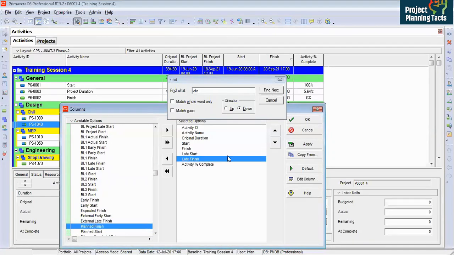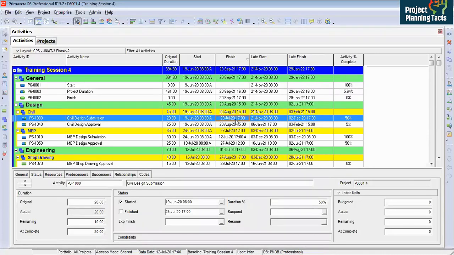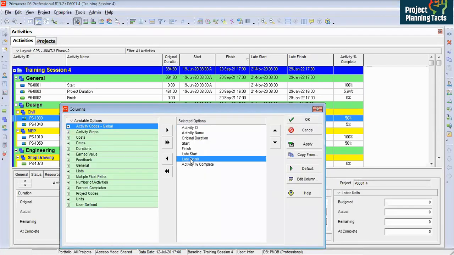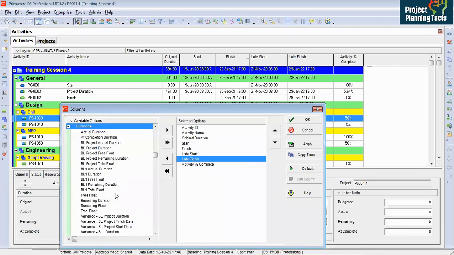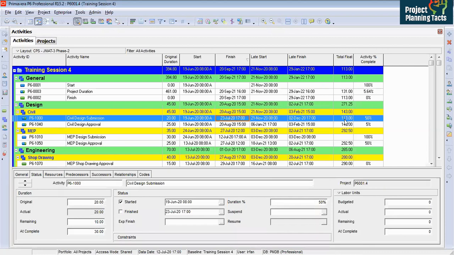So I will take these two dates, apply. Now for this activity, the late start is 21st November 2020. So why is that? And here the late finish is 2nd December 2020. However, I have here the forecast date of 23rd July. Now let me take float and I will explain why the late date is like that and how it calculates. Under duration, we have got total float. This total float, if you see here, is 113 days. From 23rd July 2020, plus 113 days can be delayed and you will end up with 2nd December.